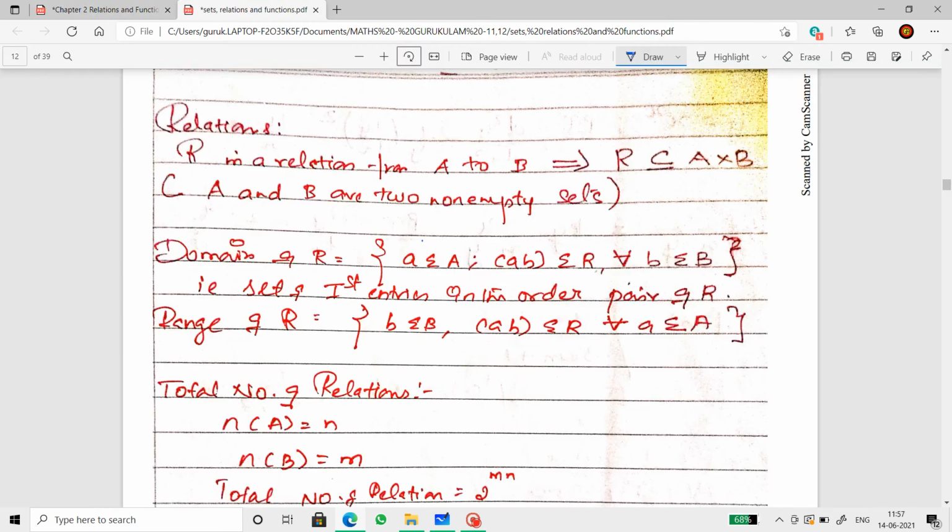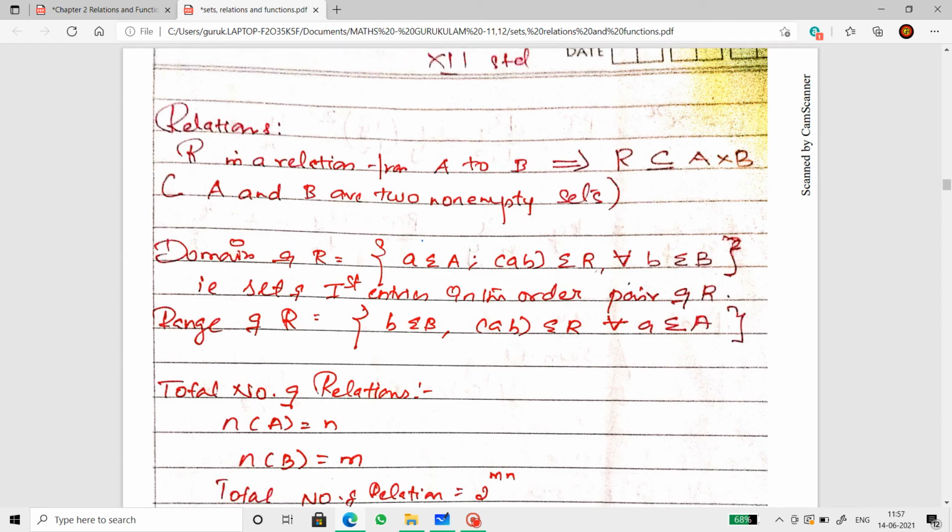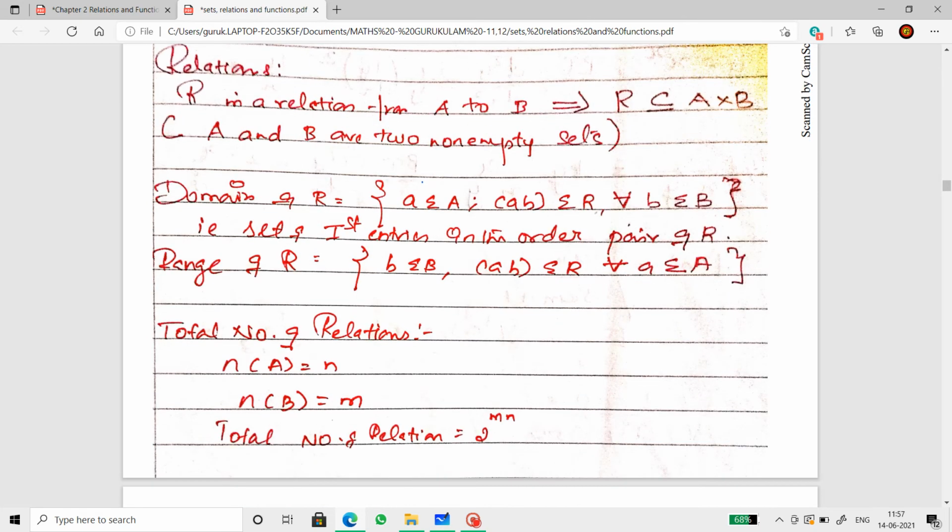So what all did we cover so far, children? First we saw what is a relation in general. And then we saw what are ordered pairs and how to write them. Third, we saw equality of ordered pairs. Fourth, we saw the Cartesian product of two sets. Now, we're formally getting into the relation definitions from the textbook.